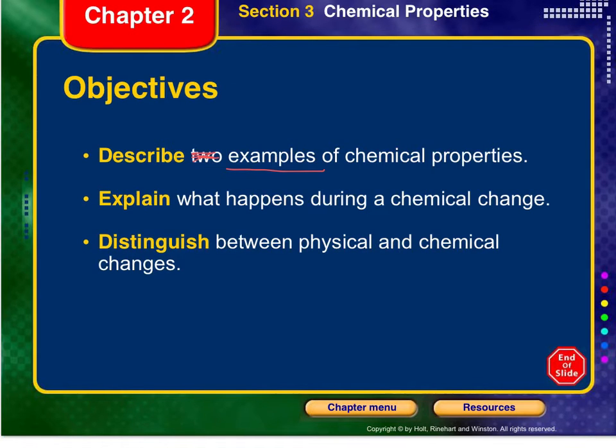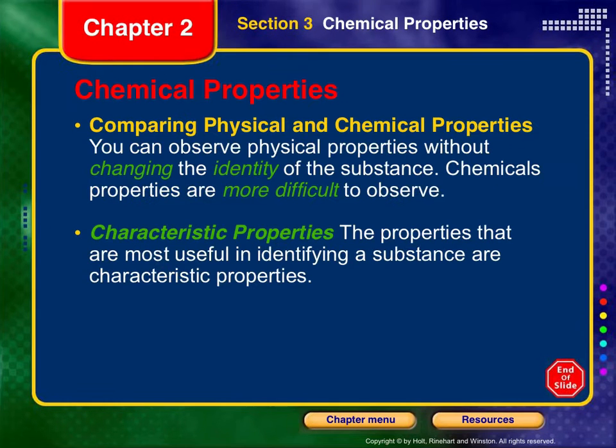We're going to explain what happens during a chemical change, and we're going to really distinguish the difference between physical and chemical changes. I'm going to put a star next to that because that's probably going to be the most important thing you should take away from this lecture. So,